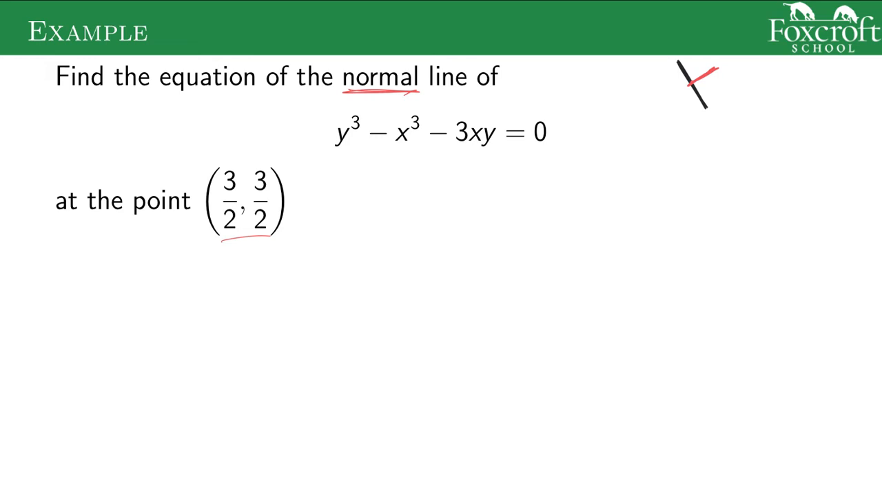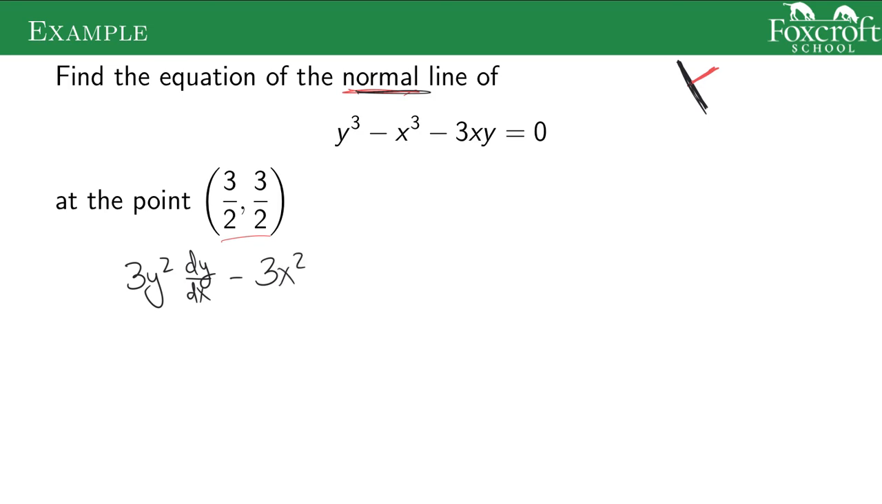So how do we find the normal line? To find the normal line, we first have to find the tangent line, and to find the tangent line, we need to do the derivative. So we're going to do the derivative of this. The derivative of y cubed is 3y squared dy/dx. You do the power rule, and then the derivative of y is dy/dx, minus the derivative of